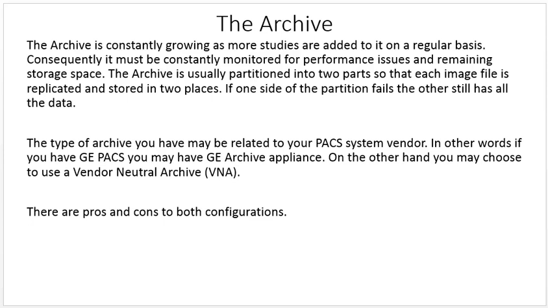The archive is usually partitioned into two parts so that each image file is replicated and stored in two places. If one side of the partition fails, the other still has all the data. The type of archive you have may be related to your PACS system vendor. In other words, if you have a GE PACS, you may have a GE archive appliance. On the other hand, you may choose to use a vendor-neutral archive, and there are pros and cons to both